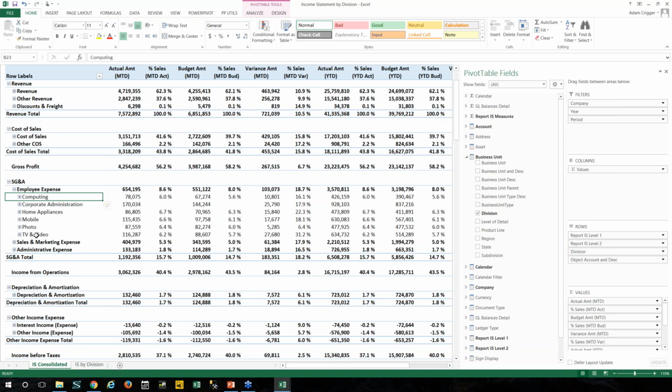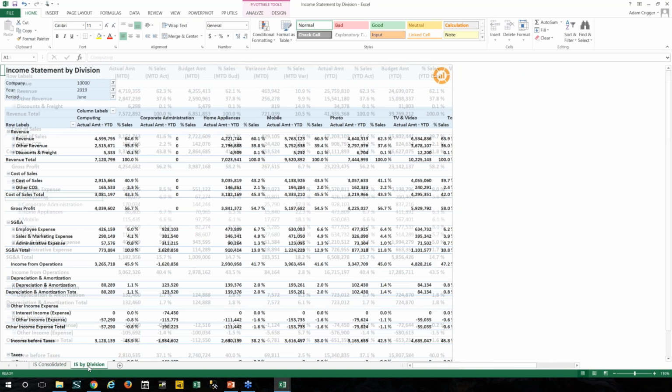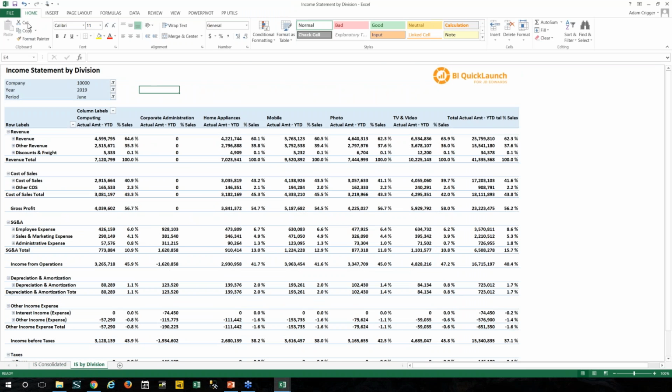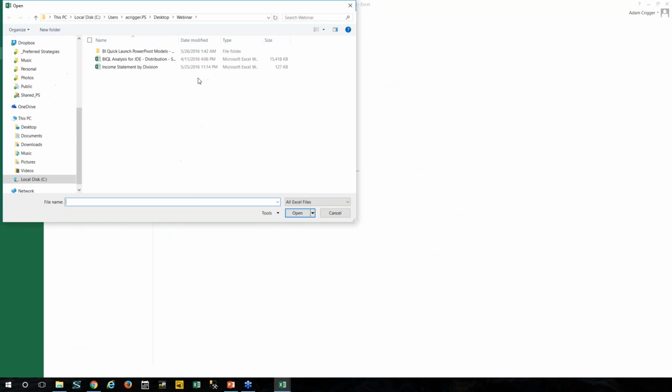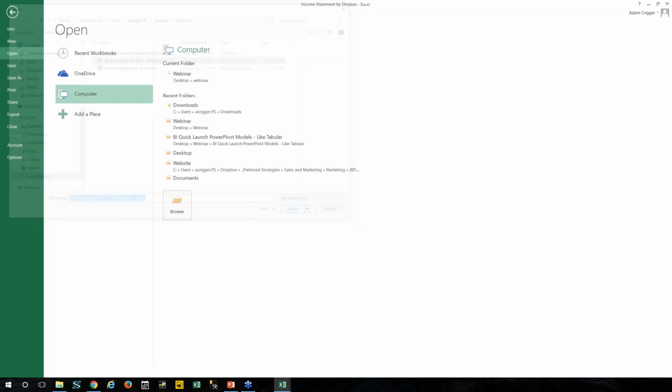Right, so now we can see employee expenses broken down by division instead of by object account. Here's just another flavor of consolidating P&L. Lastly on this, and I'm going to flip back over, I want to just show you what the